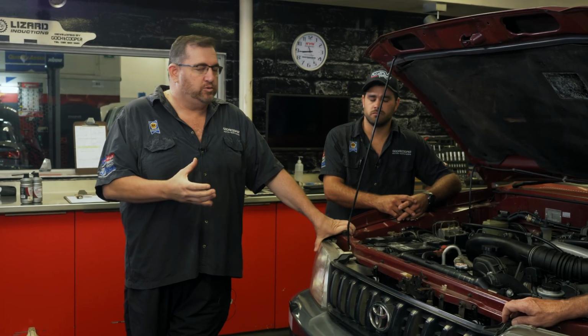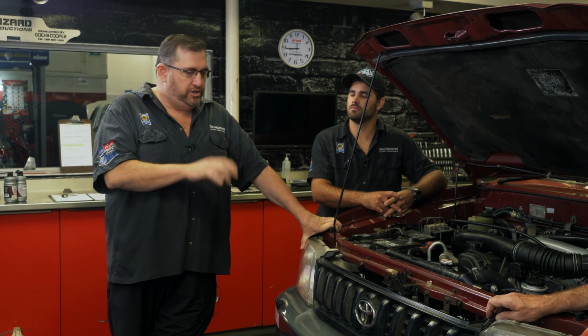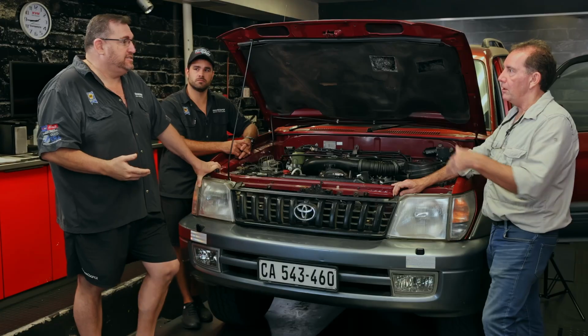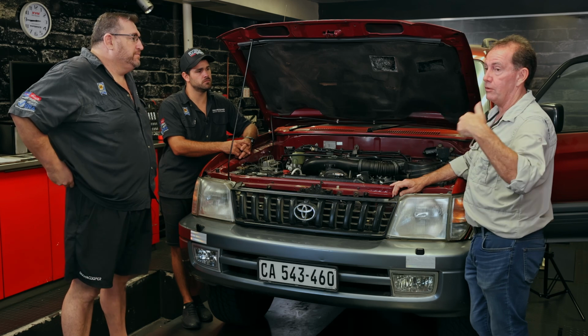Very, very important, because oil's only got a certain lifespan. The quality of oil is also important. There's cheaper stuff, there's obviously the more expensive stuff. Use a good quality oil and change it. On this vehicle, you'd probably want to look at every 10,000 kilometers. Some people do it religiously every 7,000 k's. On an expedition truck, when it's a heavy laden truck, I recommend every 5,000 when people are on trips, really,